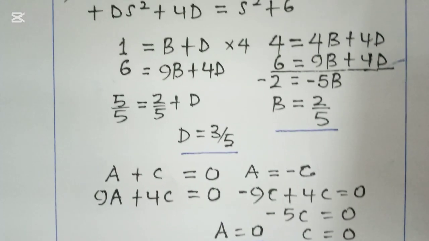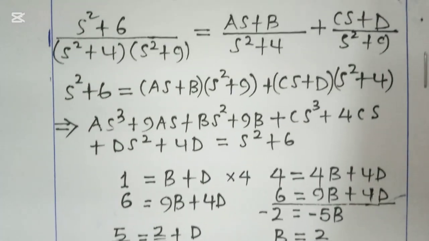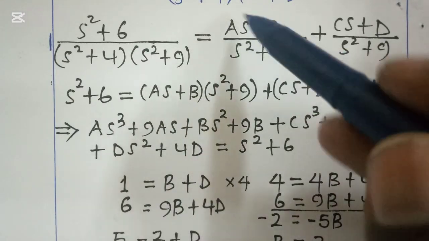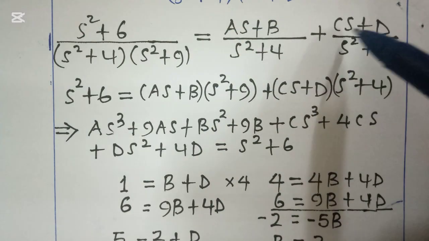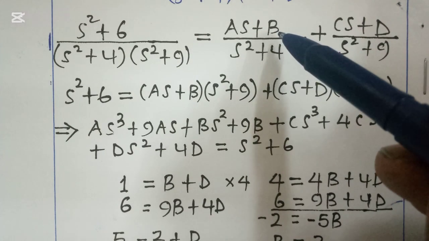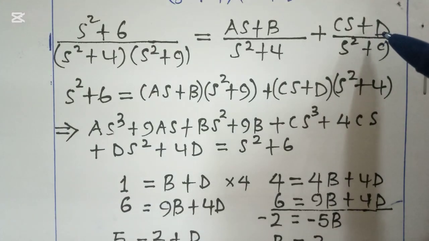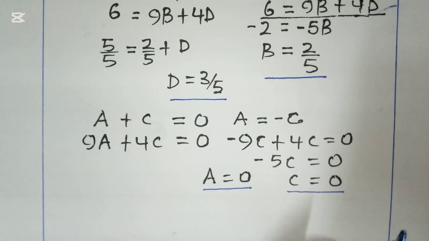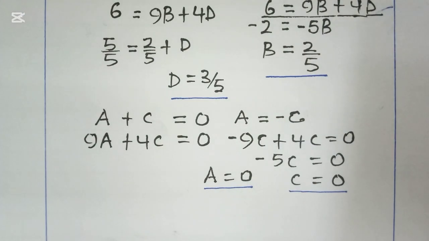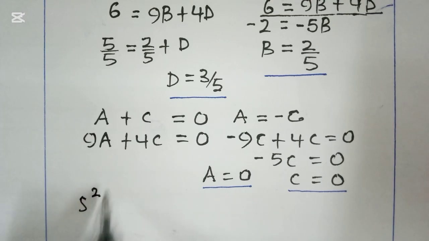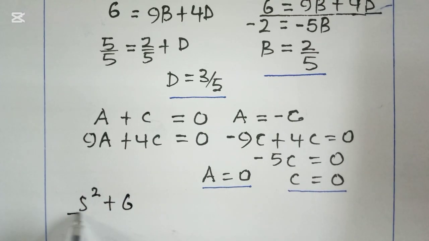So after that, guys, I go back now to my equation. According to what we have found, this is going to finish, this is not going to be there, a and c. So we'll be left with b and d only for the numerators of the equations. So guys, I come down here and write now s squared, our initial equation, plus 6 all over s squared plus 4,